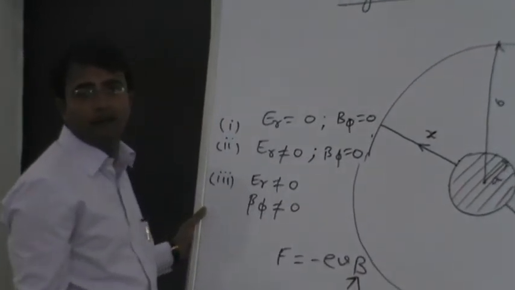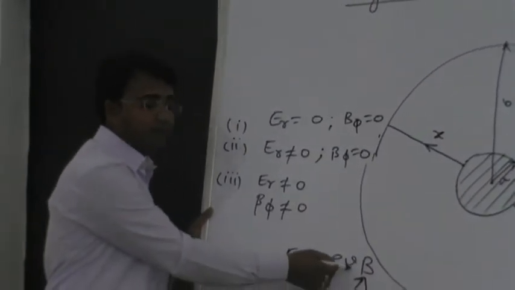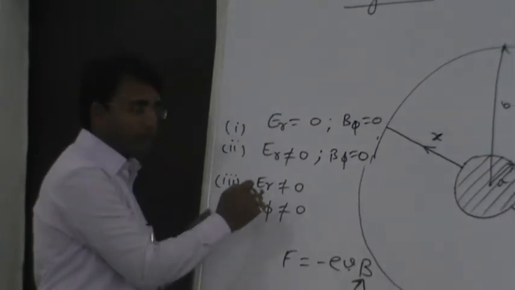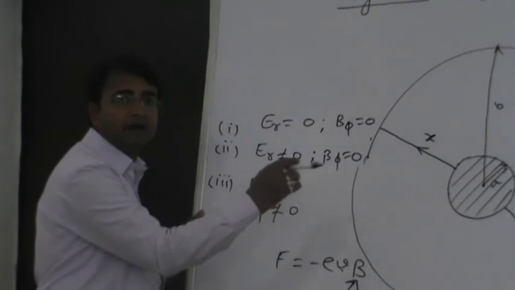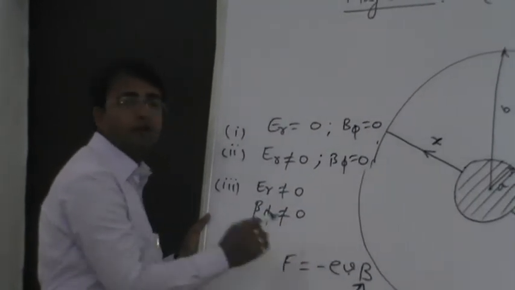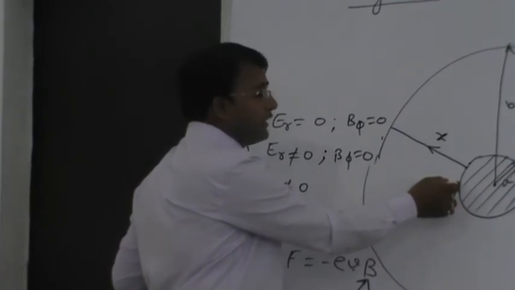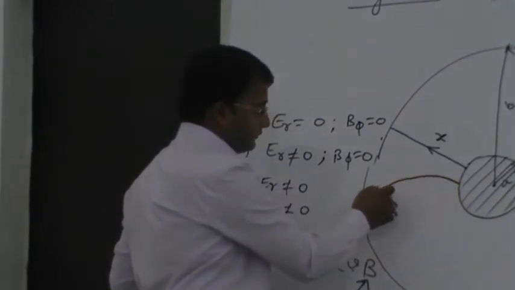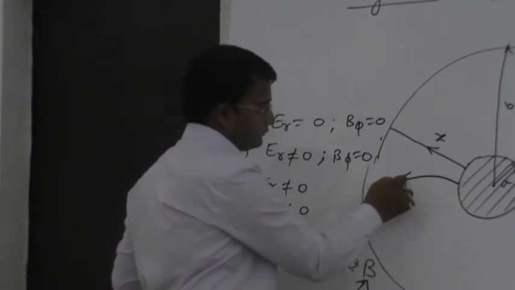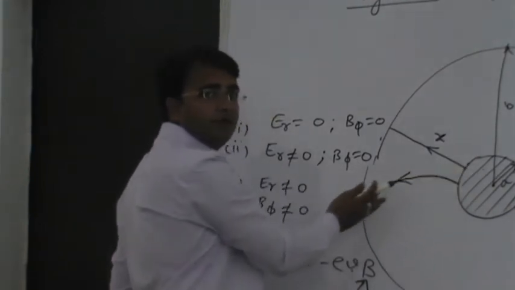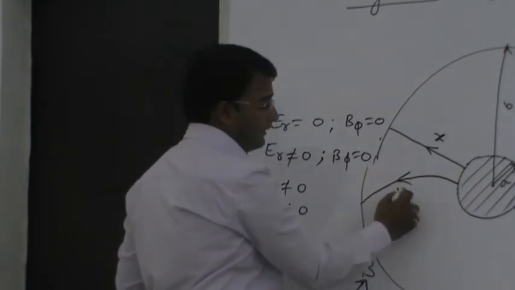You can see from this relation that the velocity is received because of the radial electric field, which is non-zero. At the same time, the perpendicular magnetic field is there, so a force will be exerted on the electron, and hence the path or trajectory of the electron will be bent. It will reach the anode, but the path of the electron will be bent. Let's say y.